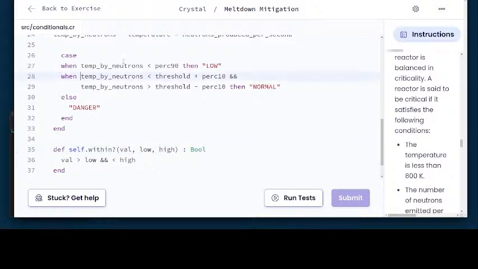And so when self dot within, right? Pass in temp by neutrons, pass in threshold plus 10%. This was going to switch my logic here. We're going to pass in threshold minus 10%. I'm going to pass in